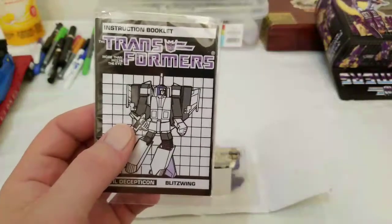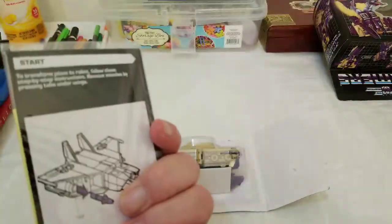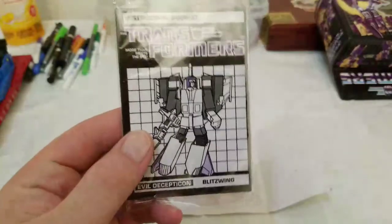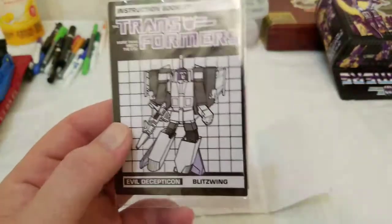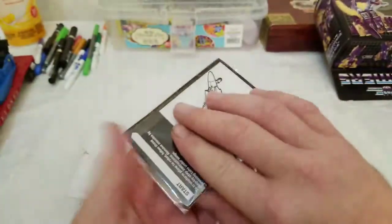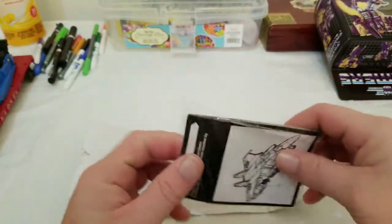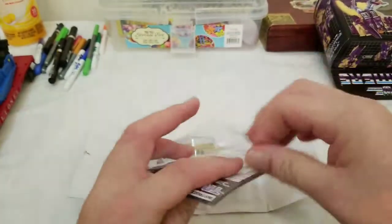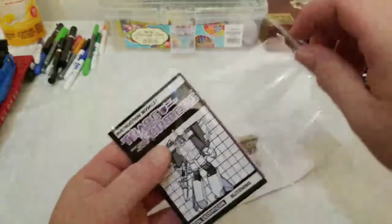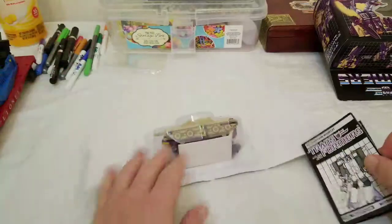And right off the bat, anyone who's bought enough of these and can look at this instruction manual can tell it's kind of iffy, printed on at best. We're going to open it up though, just to get a better look. Here we go. Let's take a look. So we have